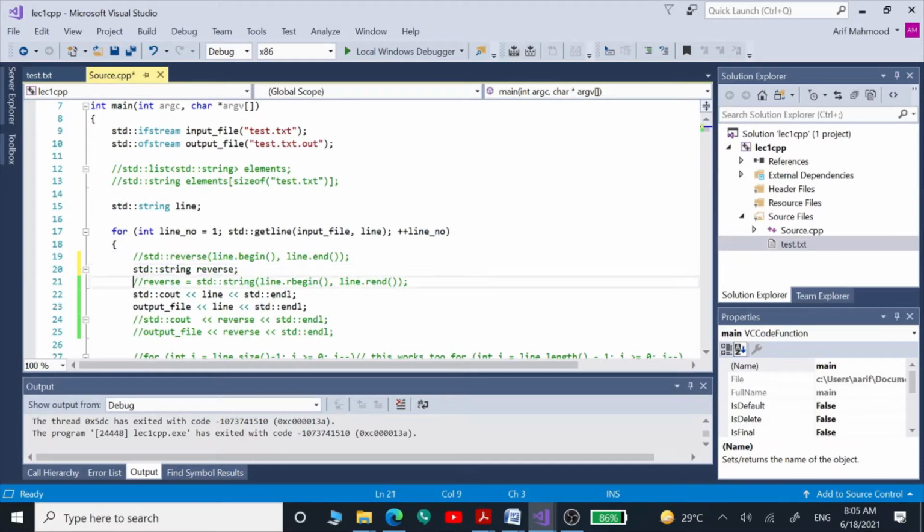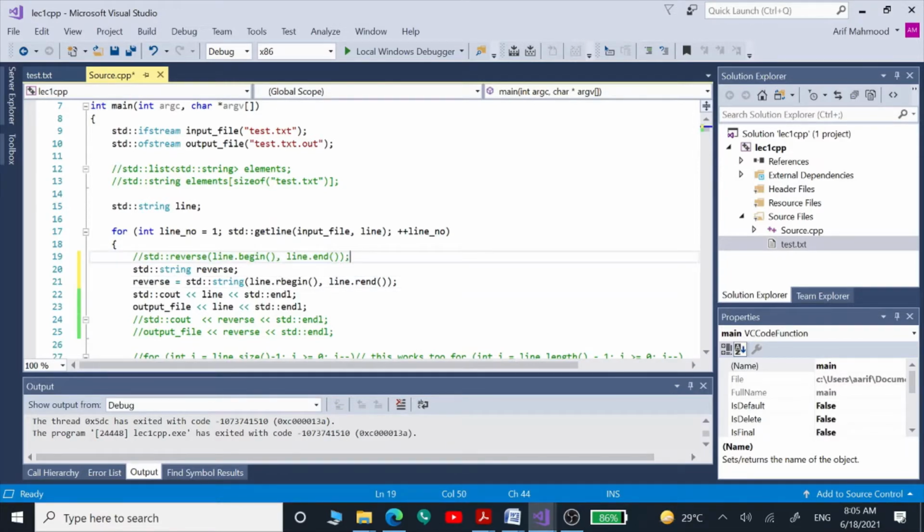We can define a string variable which is reverse, and on this reverse we can use this string function, and then we can use this line.rbegin, line.rend. Pretty much the same way we are going to give the arguments here in this reverse function.